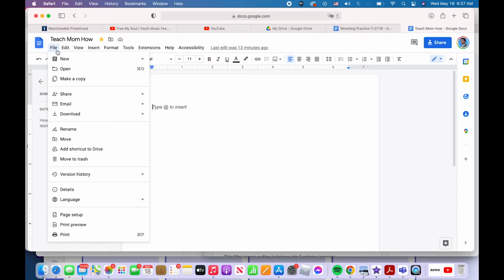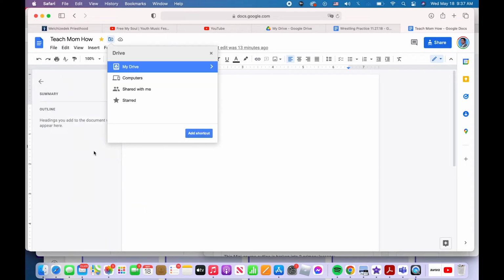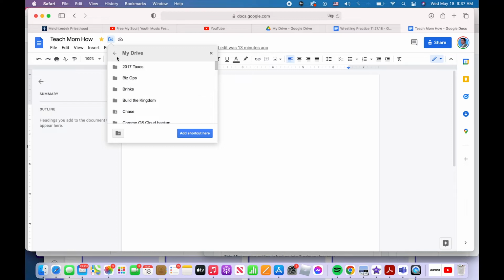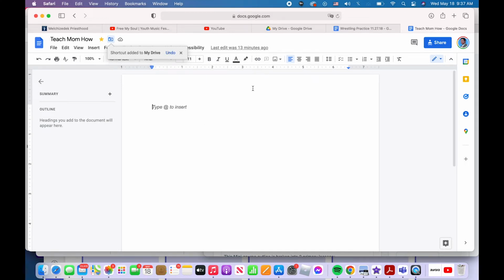The next item on the file menu is the add shortcut to drive. What does this do? I'll show you. If you click add shortcut to drive, you can put it in my drive or you can put it in one of the folders, but it's basically going to keep it at the forefront so you can get to it